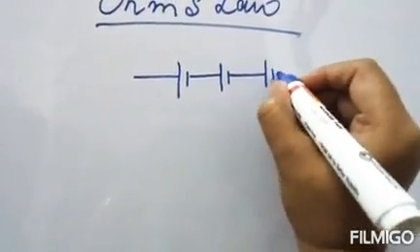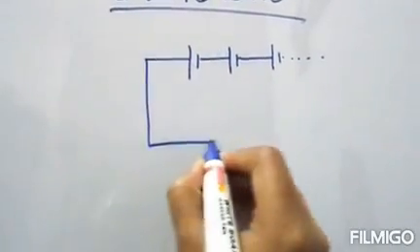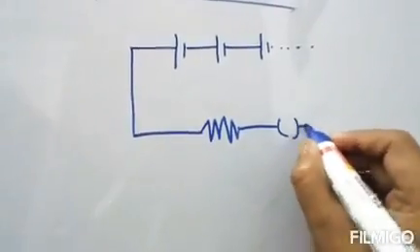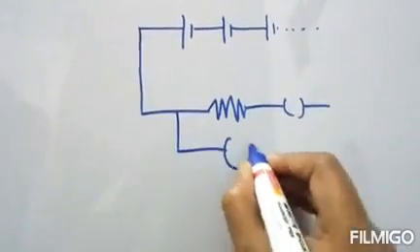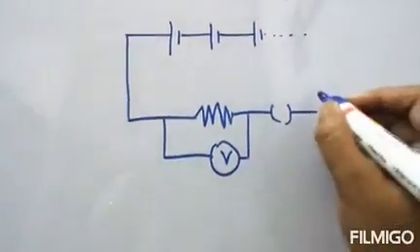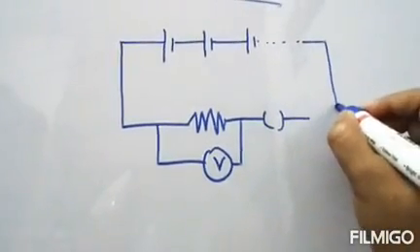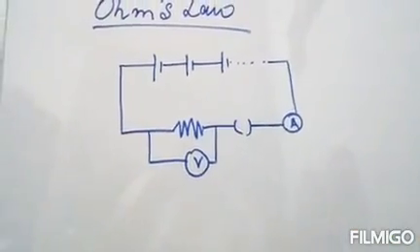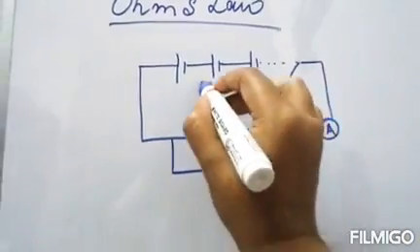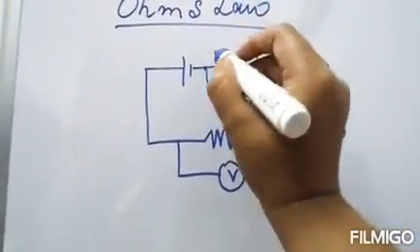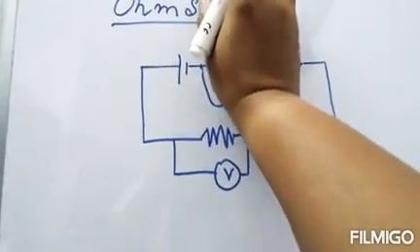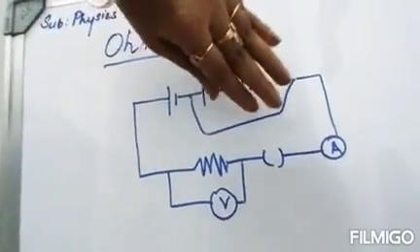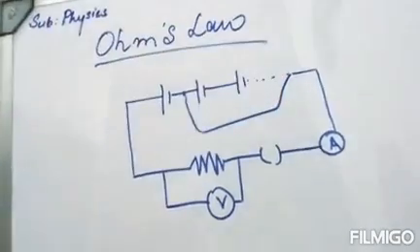Now experimentally also we can derive this resistance, and we can prove Ohm's law. Suppose we imagine one circuit. The circuit has one resistance and one key, then a voltmeter and an ammeter, and suppose this is the connection. I am not considering this portion. Suppose my circuit is only this much, with one cell. This is my connection.